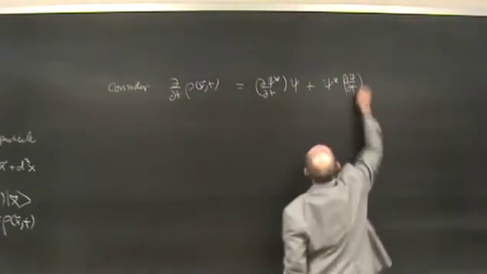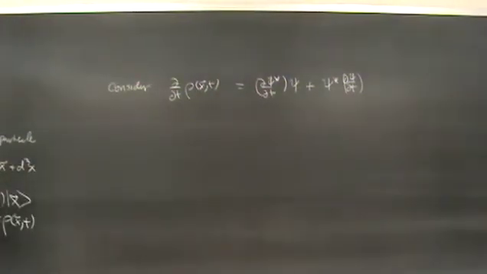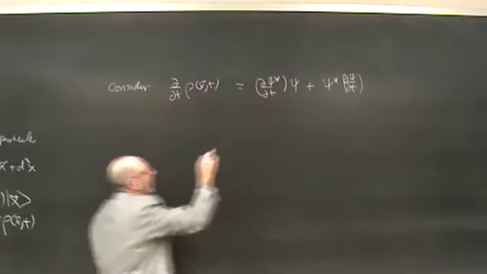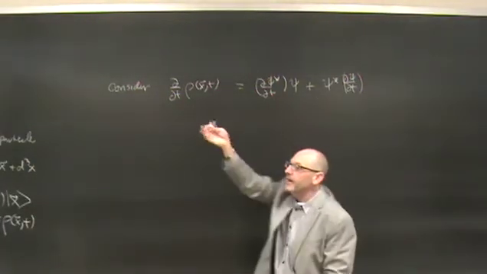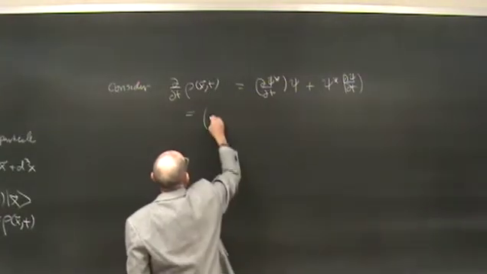If we had a mixed state, we would just average over the ensemble of states, so it doesn't change anything. And now we know how these evolve according to the time-dependent Schrodinger equation. So this is equal to